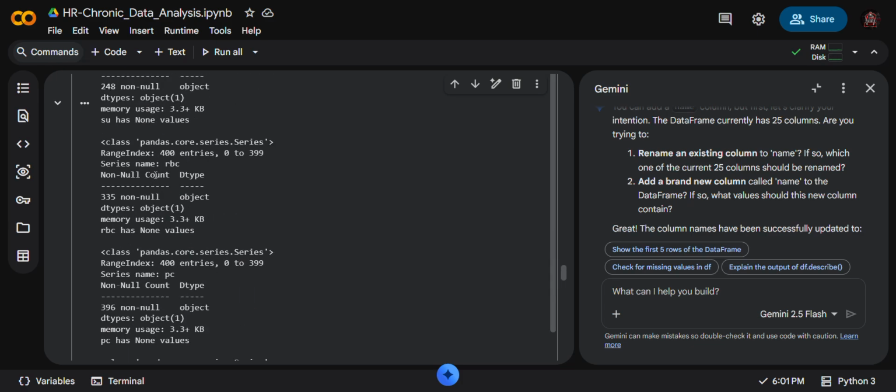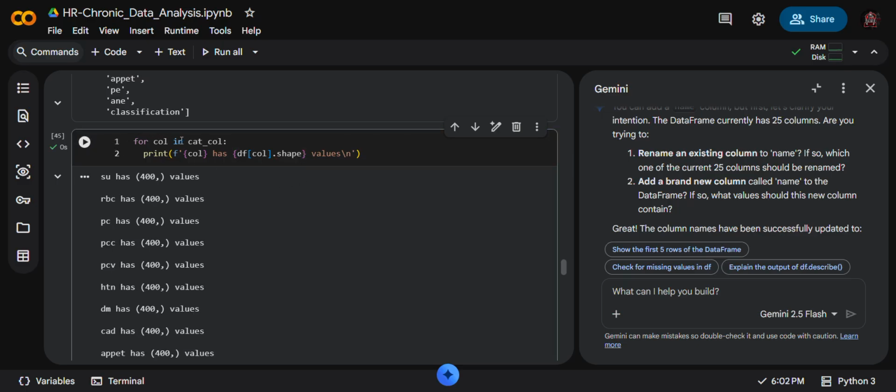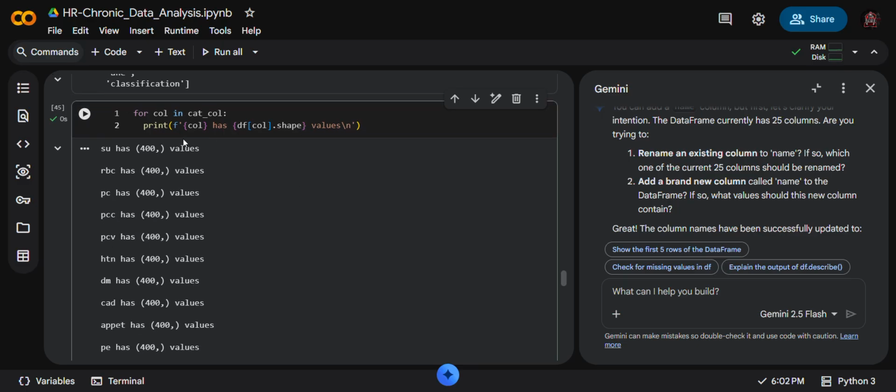I didn't do anything like it on this. If we use shape here, let's see. Okay, wow, it's like you can, I mean, what you are doing is now